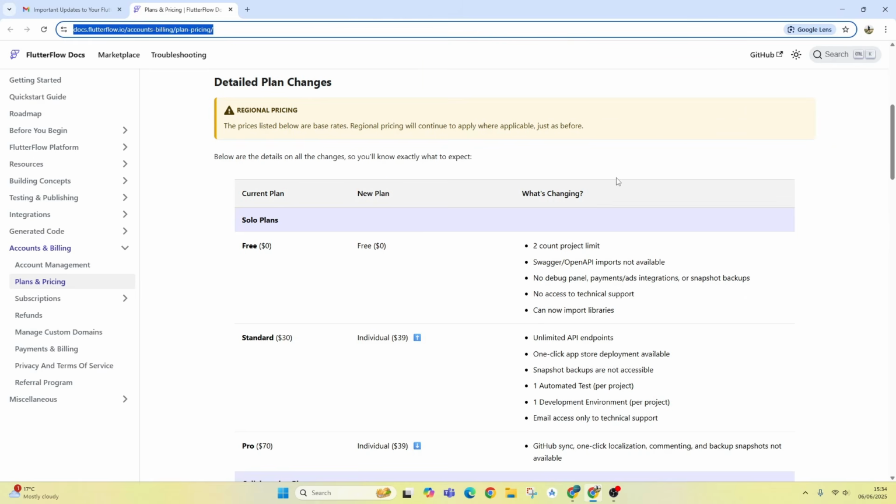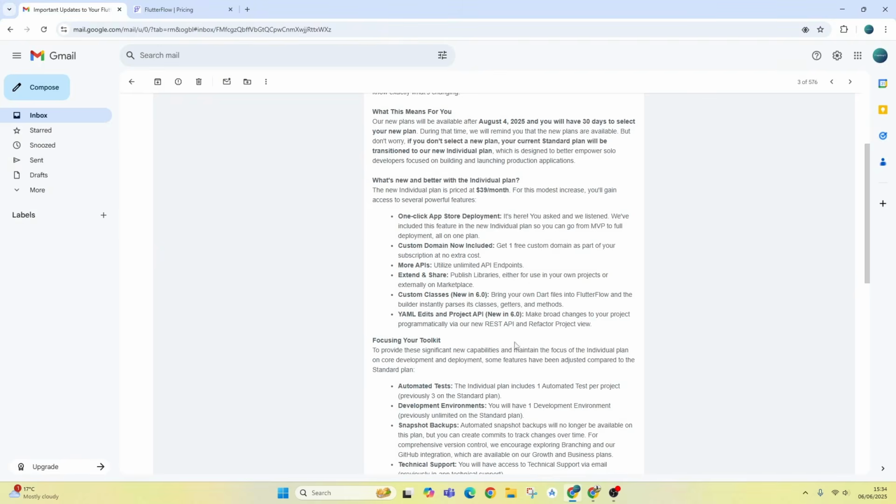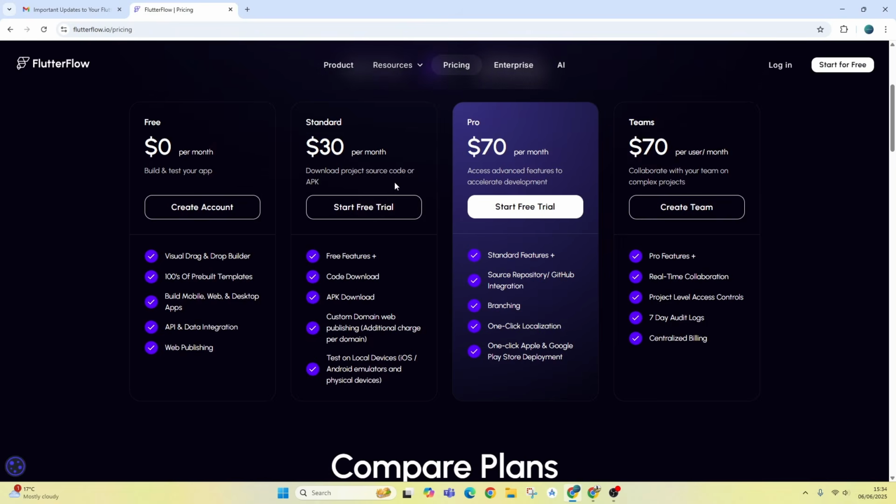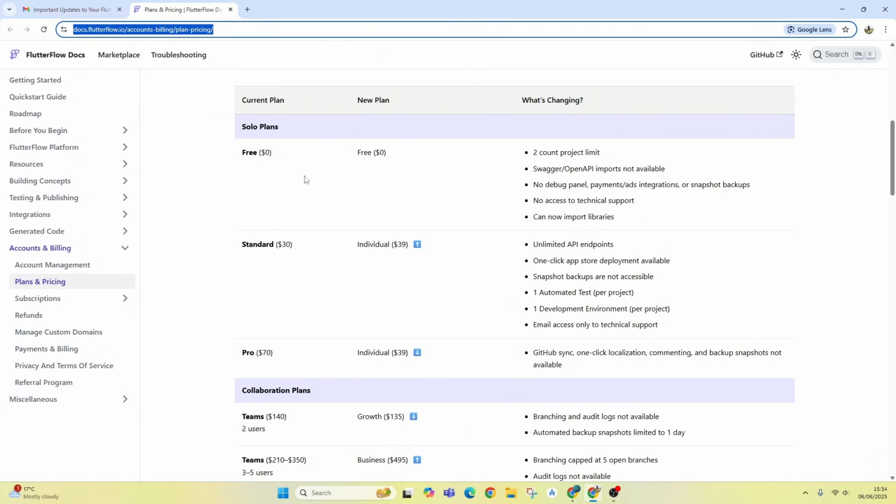Because if you're just about to sign up to Flutterflow, you will see this page when you go and sign up. But in actual fact, in a couple of months, this is going to change. So if you're not a Flutterflow user, these are changing on the 4th of August, to the 4th of September being rolled out. So this comparison is going to remain free, but obviously we are bringing down the usage,